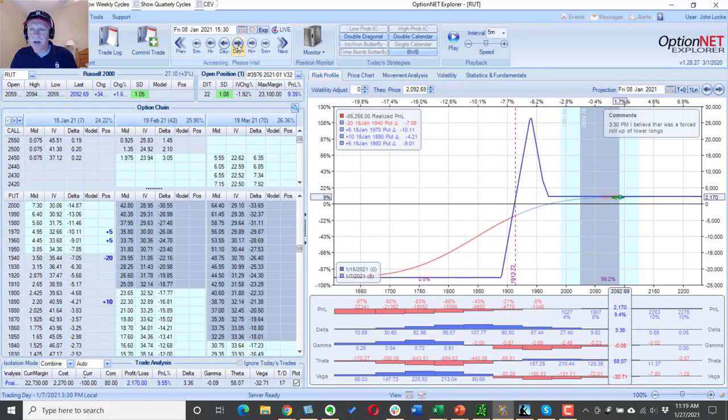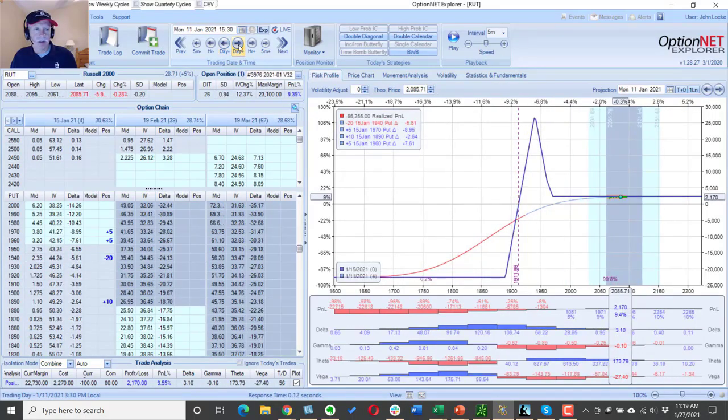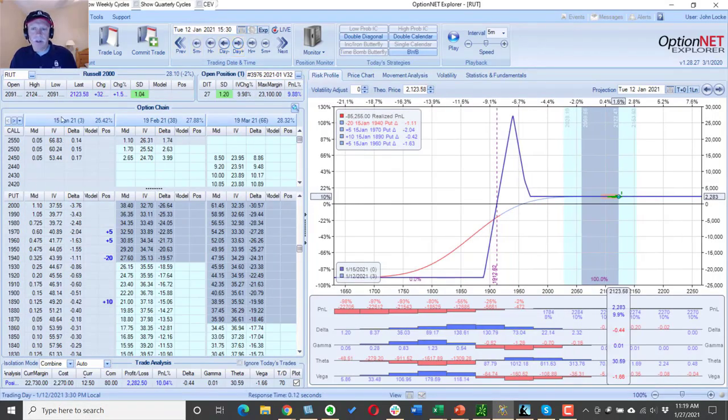So if we go to Friday, and then Monday, of course, the market pulls back a little bit, but that really doesn't affect us a whole lot. We get another up move here on January 12th. Now this time we are slightly negative delta, and this would normally require an adjustment. But the reality is here there is no time premium left in any of these options, and by the time we execute it and everything else, it's not going to make any difference in how much profit we can make. So we would just leave it, and we would let this position expire